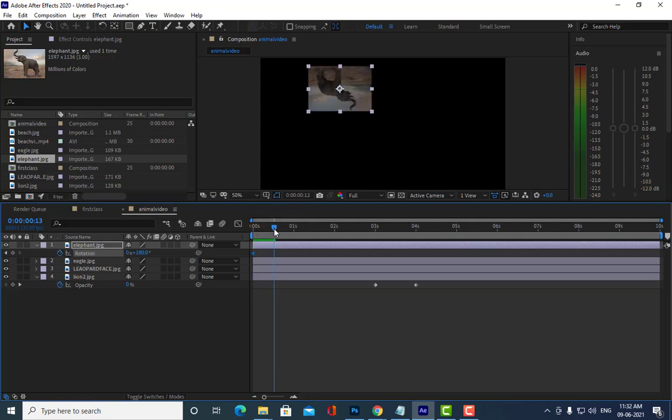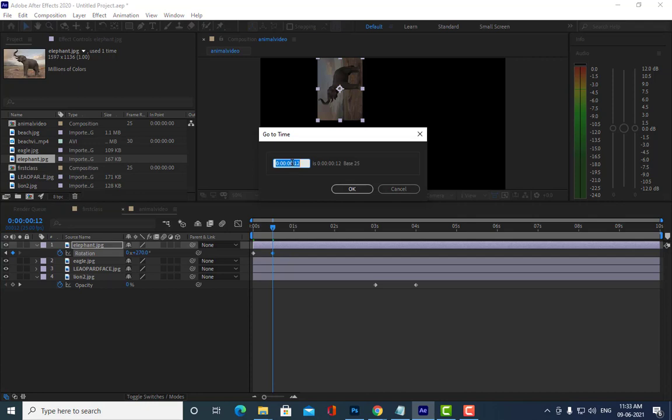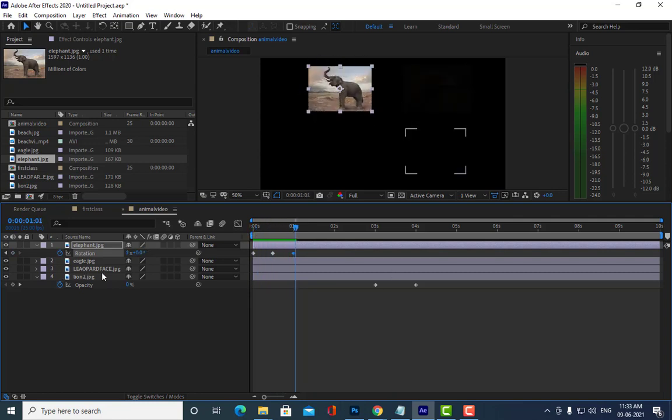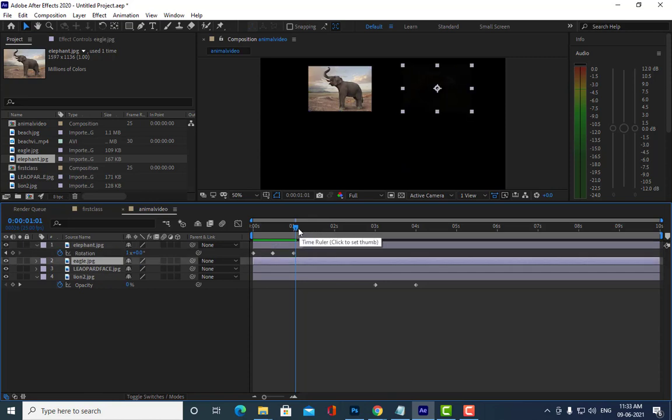Then we will come to the middle point, and we'll put 270 here, and then we will come to the first second and say 360. So something like this.